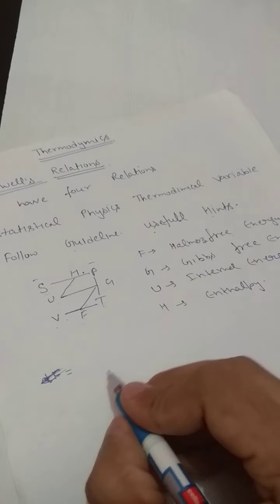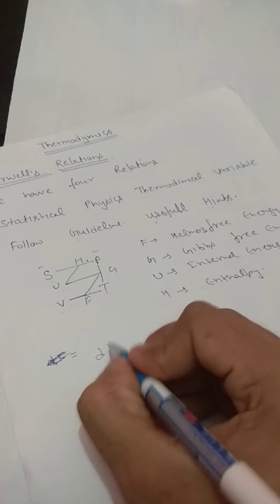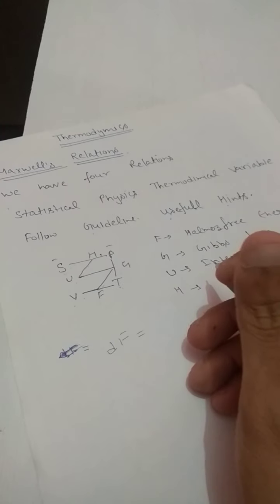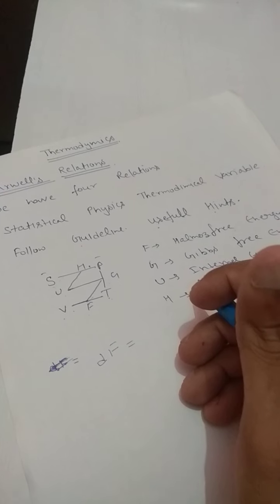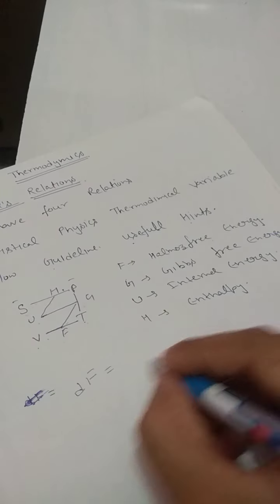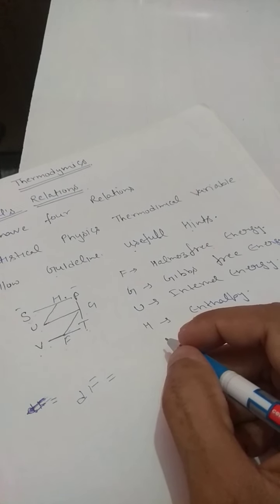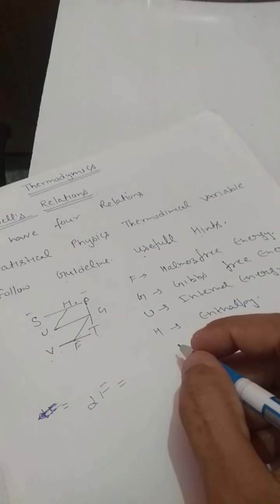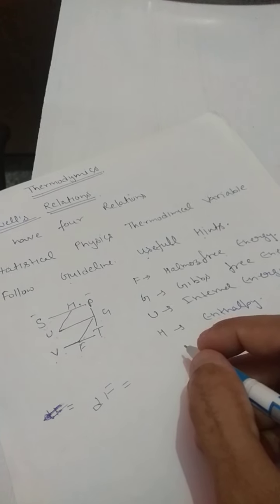Now we derive the relations, starting with dF is equal to. What we have tried to do is take the derivatives, and the other term is the multiple of that derivative. So how can we do it? Let's take dF equal to: those terms which are in the same line are taken as derivatives, and those in the opposite directions are the multiples.